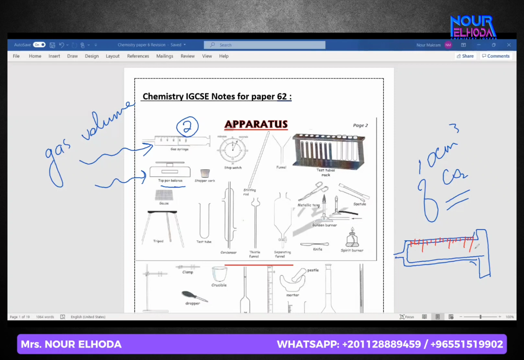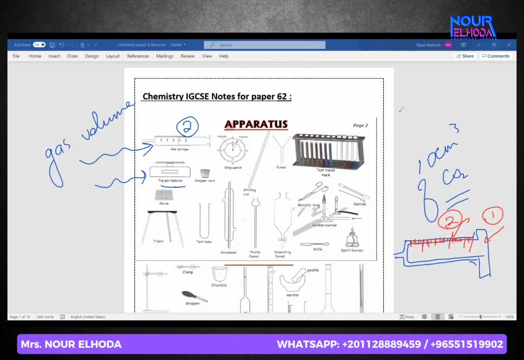Second mark was for numbering it and making the unit. Good job. The numbering on. Exactly. Bravo. That's true. The first mark was to draw the gas syringe. And our beautiful Ali said that the second mark is going to be for the measuring, because if you didn't draw the numbers, it's not how it's going to measure the volume and there is no numbers. You must draw a numbering, please.